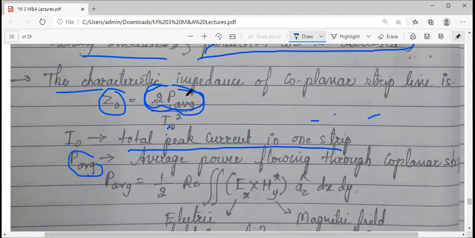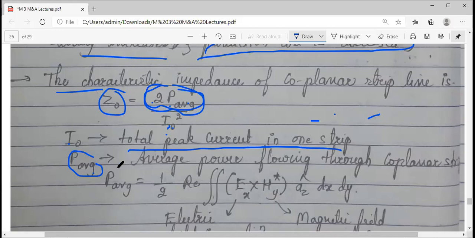We have already studied the Poynting theorem. If you remember, in electromagnetics you come across it, and further in the next half of the module we have the antennas, where we study the power theorem, the Poynting theorem. Moreover, it is related to the power density. How much power is flowing per unit area can be measured using the Poynting theorem, that is P average.